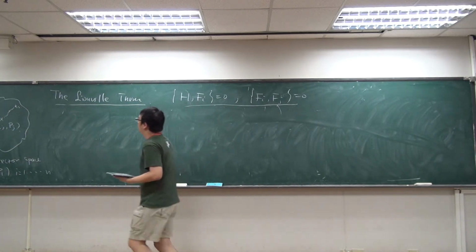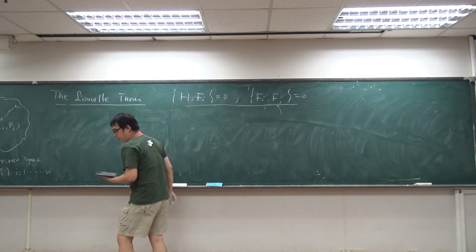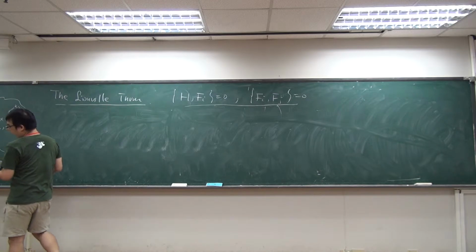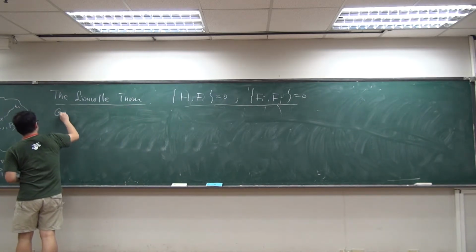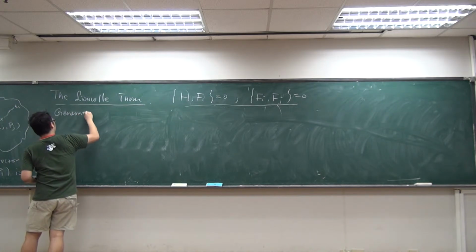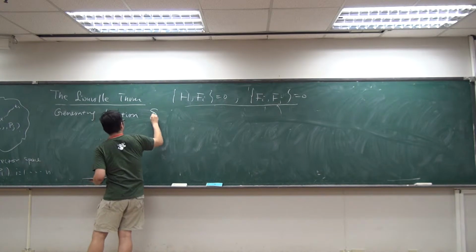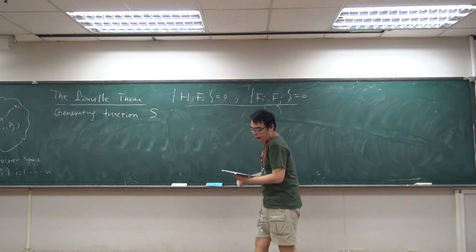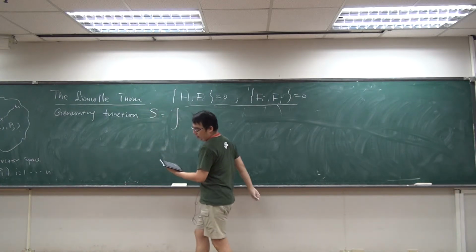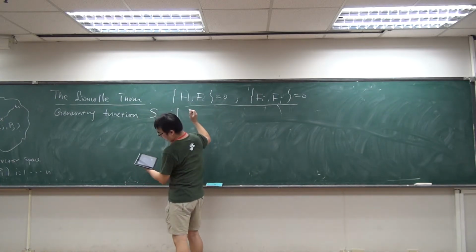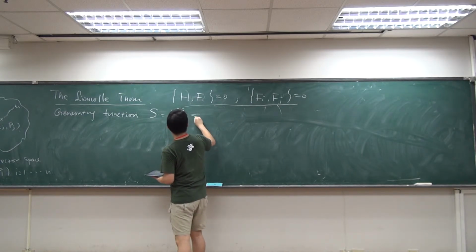Okay, so the question is about whether the canonical transformation actually exists. To construct such a canonical transformation, we consider something called a generating function S, which is simply given by an integral. Let me just state it first. That is given by the integral